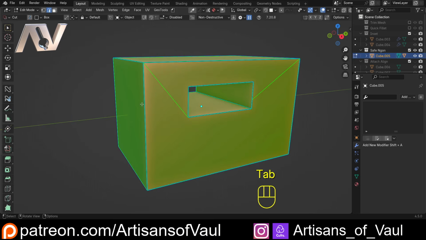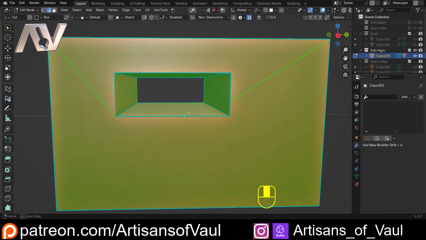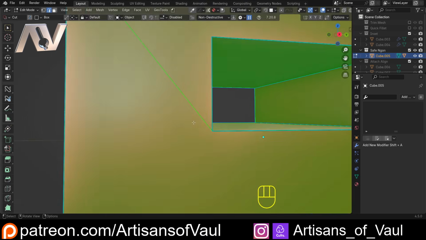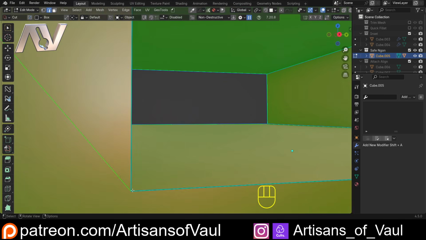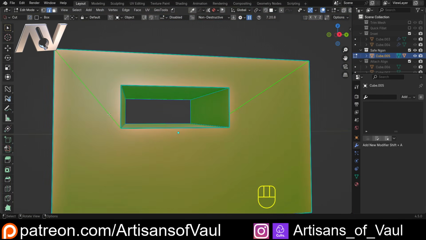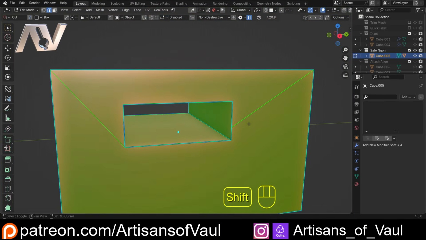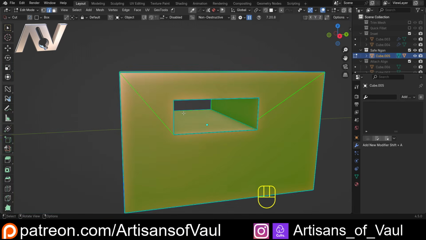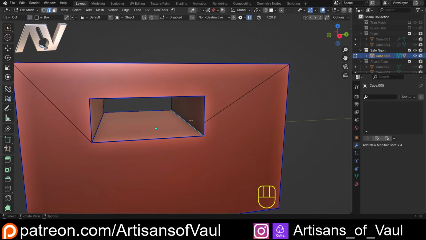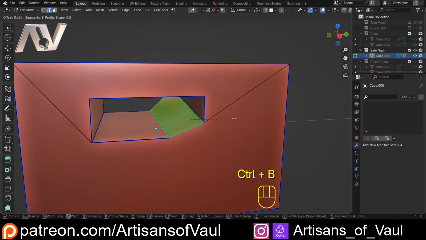Let's come into edge mode, and we can see that Blender is automatically setting up some edges here. It's put an edge to this corner, which is okay, though going up to that corner isn't probably the best. And then we've got this one here, and this is going to cause us some issues. If I come to this edge and press Control B to bevel, we get stuck on this edge, which isn't